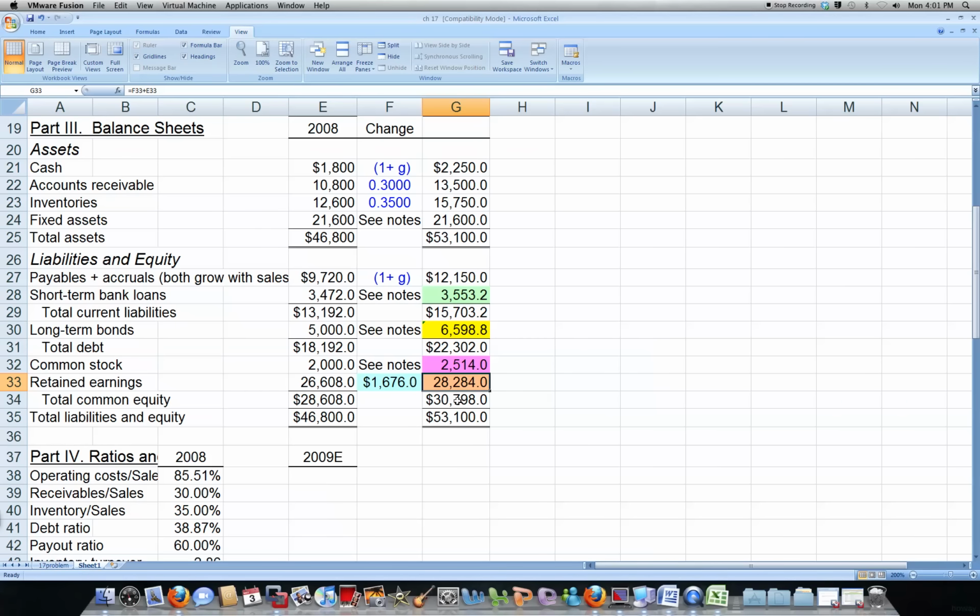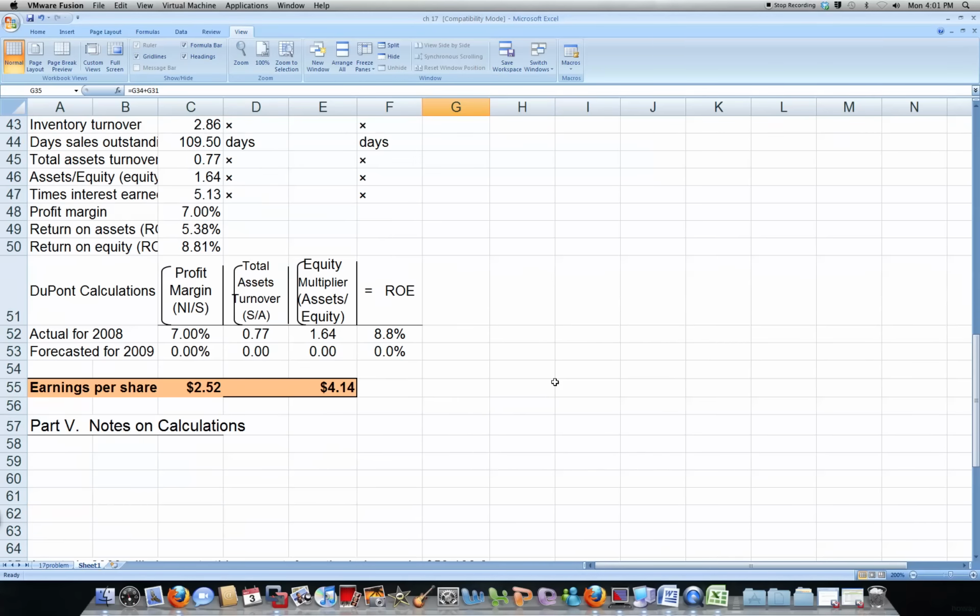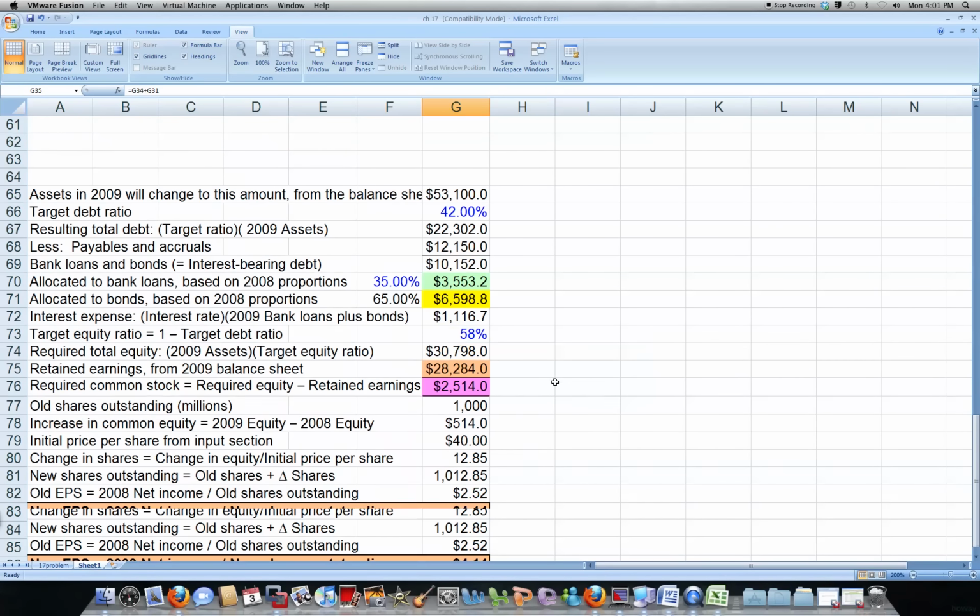Now we just add those to find our common equity, and then add our common equity and our total debt to find our liabilities and equity. And you'll notice they balance our total assets, which is the balance sheet. It's called the balance sheet. Okay, now to finish out,